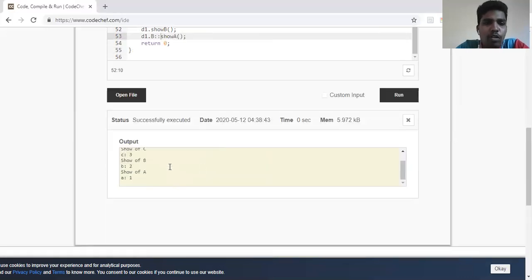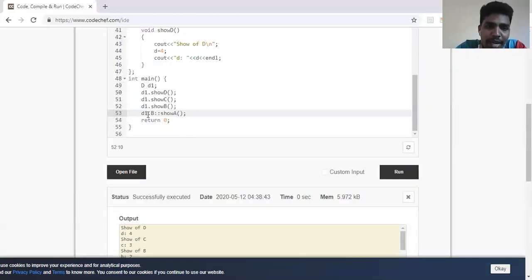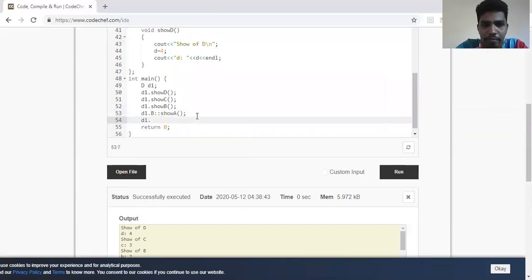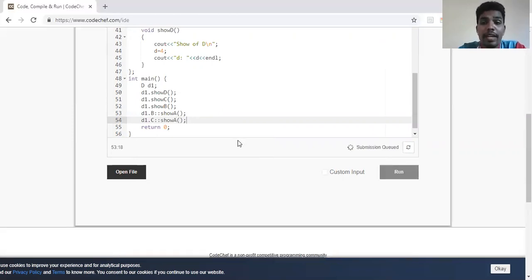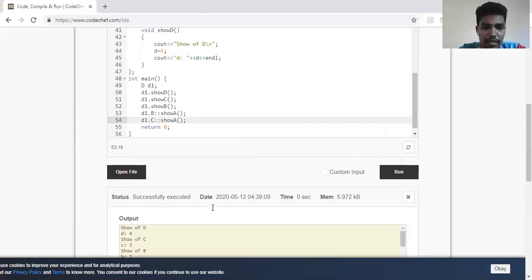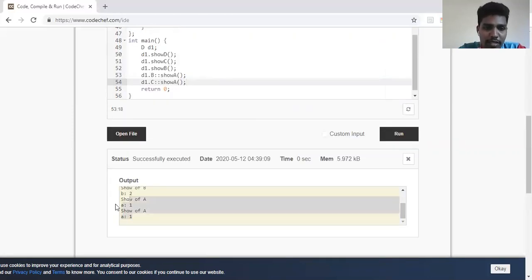Now, if you see, I'm getting the output, show of A is equal to 1. So either I can tell my D, you go through B and take A, or I can also tell my D, you go through C and take A. Both are correct. So using the scope resolution operator, I'm solving that particular error. Very, very important error when it comes to inheritance. You can see show of A is getting printed twice. One is because of class B, another is because of class C. So this is called hybrid inheritance and the error involved in hybrid inheritance. Very difficult to solve errors when it comes to hybrid inheritance.